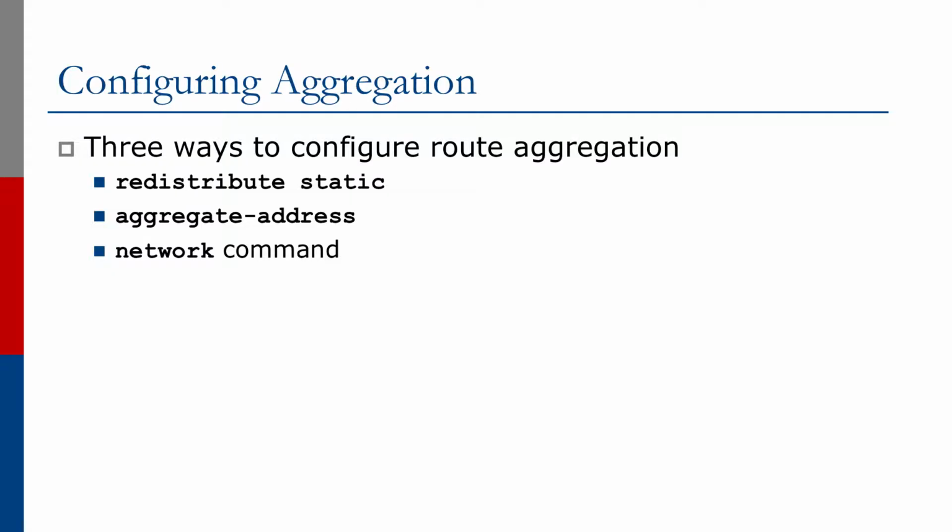Following on from introducing prefixes into BGP, we now look at how to configure aggregation. And we actually have the same tools available to us. Cisco IOS has the redistribute static and the network statement, and we'll show you how to use those. There's also an additional command called aggregate-address, which was introduced as another way of configuring aggregation within IOS. So let's look at each in turn.